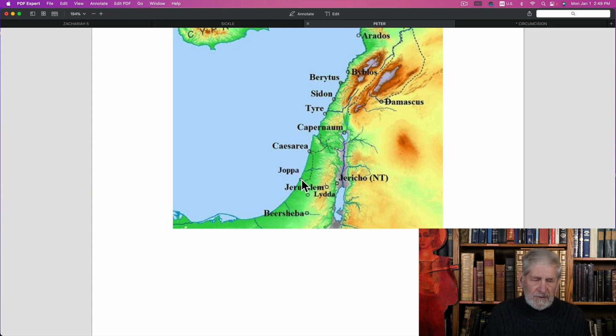And when he was there, Dorcas died, a woman that did a lot of good things, and he raised her from the dead. Acts 9:40. Now, the reason I'm bringing all this is it has to do with the geography of where Peter's been. And then next he goes up to Caesarea, and here's Caesarea here on the coast with Cornelius, the centurion who ends up believing, where Peter sees the blanket coming down with the unclean animals and so forth.